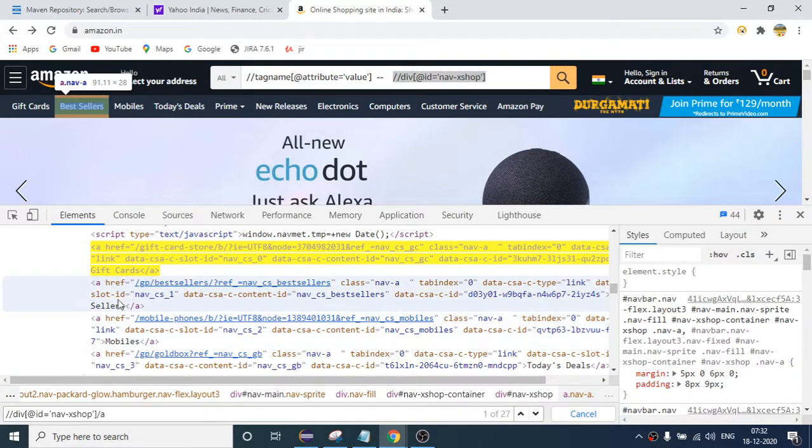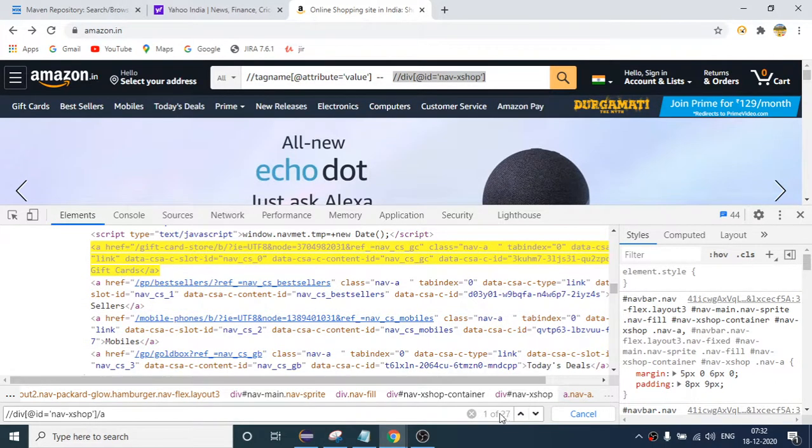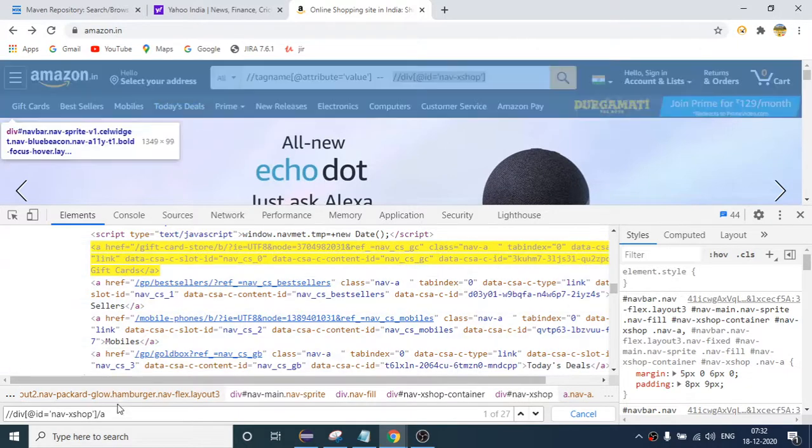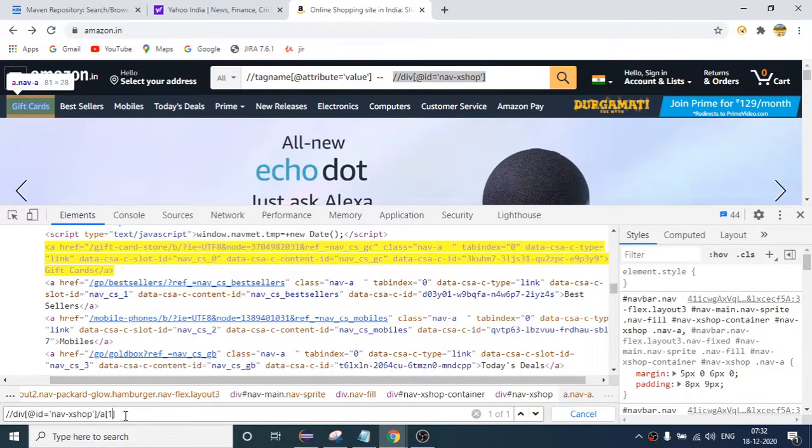This is also a child with the same tag. This is the reason you are getting 27 results. But I am interested only in the first anchor tag, so I will say 1 in the array bracket. This is the reason we are providing indexes like this. Is it clear now?